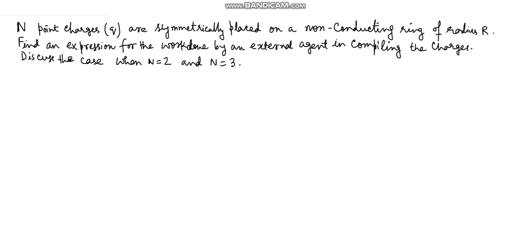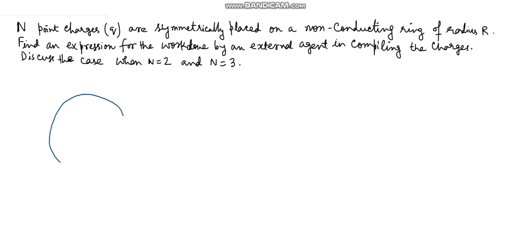N point charges Q are symmetrically placed on a non-conducting ring of radius r. Find an expression for the work done by an external agent in compiling the charges and discuss the case when n is equal to 2 and n is equal to 3. Here they have given that there is a non-conducting ring, and on this non-conducting ring we are going to place